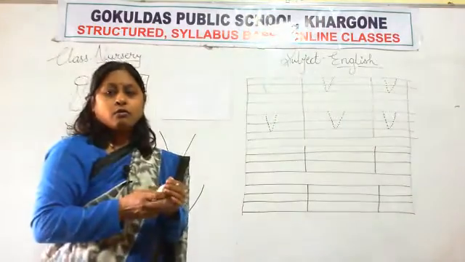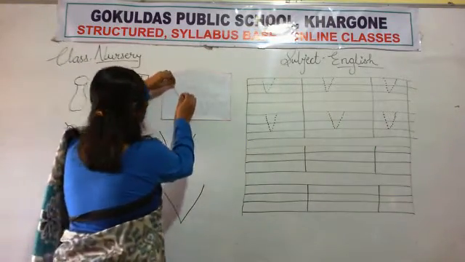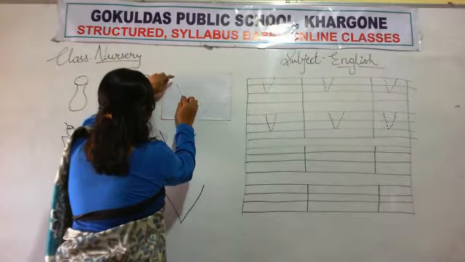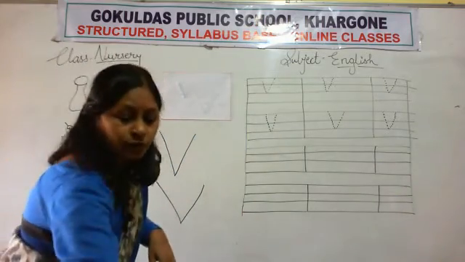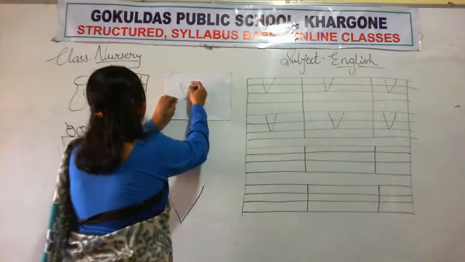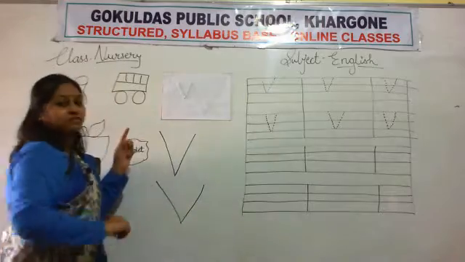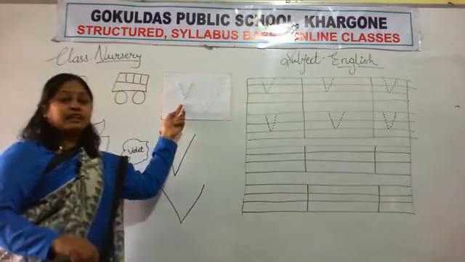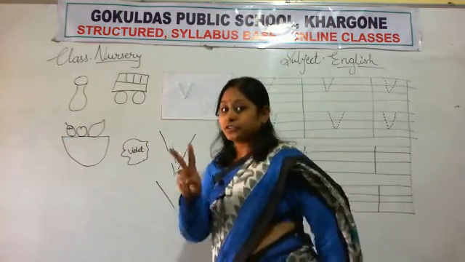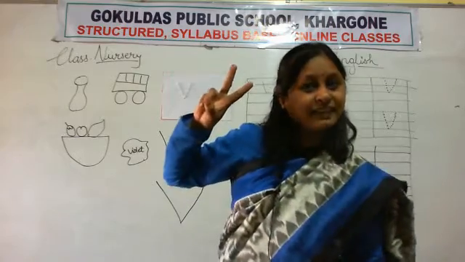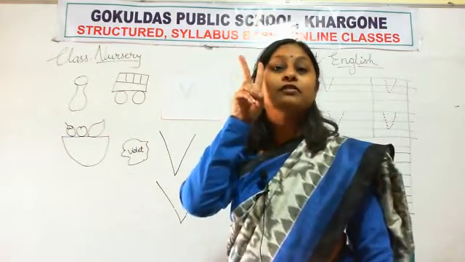Yes. Now what you have to do? You have to stick this earbud on the paper and you have to make letter V. Look here. Which letter is formed? Letter V. V for victory. What do you say when you take a selfie? You say victory. You take a selfie like this, na? So which letter do you make? You make letter V.